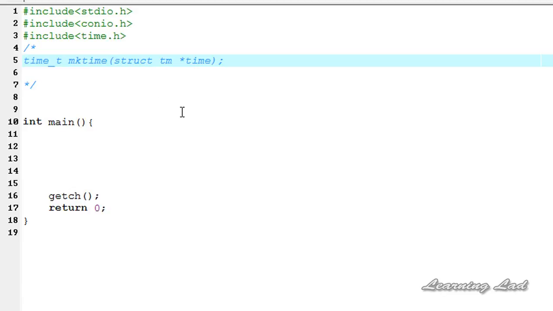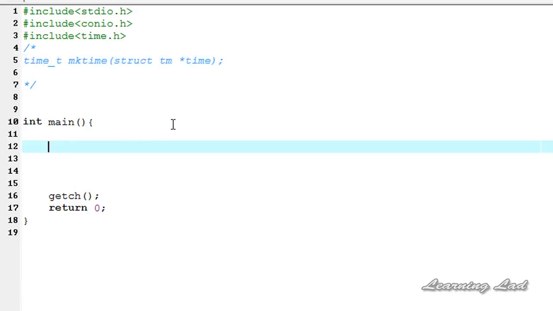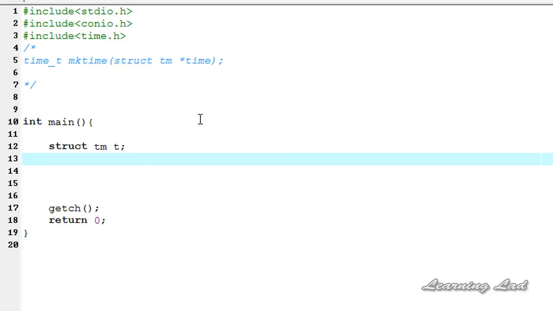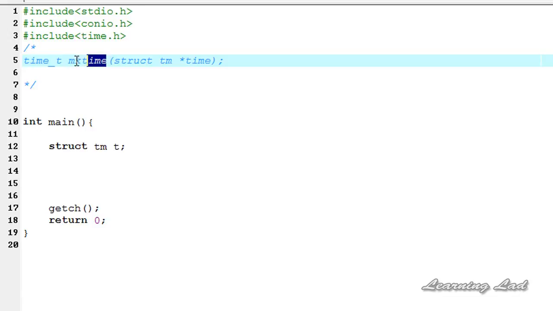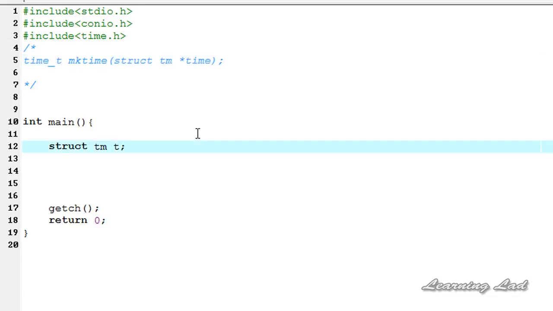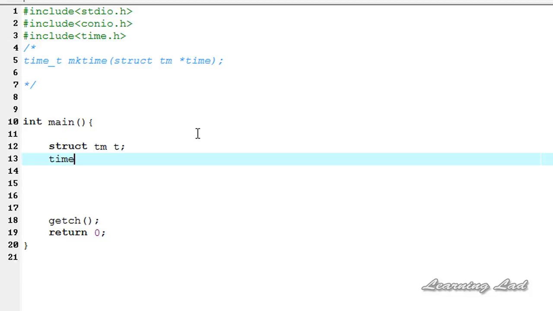Now we're gonna see how we can use this function and convert the time in broken down format to the calendar equivalent time. So first what we're gonna do is we're gonna create a pointer of type tm. So it's gonna be struct tm, and I'm gonna call it t. The next thing that we're gonna do is we're gonna create a variable of type time_t to store the return value from this mktime function. So it's gonna be time_t and the variable name, I'm gonna call it timeinC